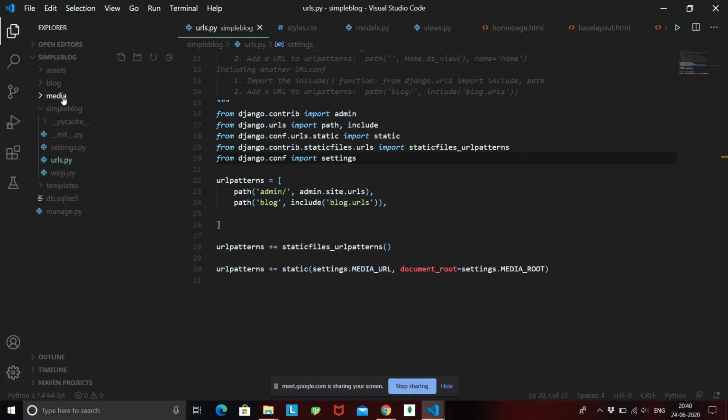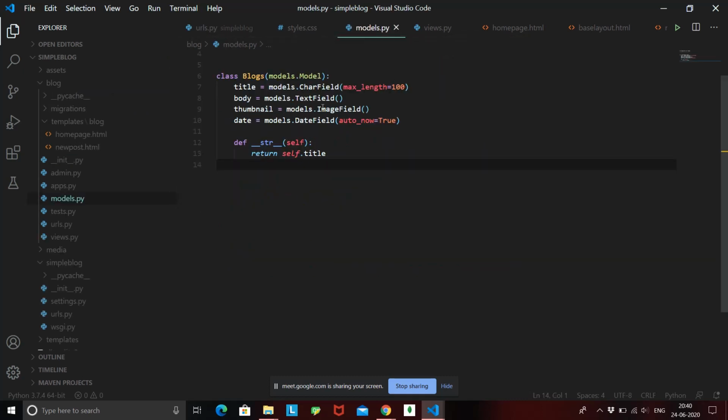Once that was done, we made some changes to our blog model. What changes did we make? We added a new field that is going to store the images for a particular blog, and we named it thumbnail. If we make any changes to the model, we need to make a migration that will record these changes, and then we need to migrate this model.